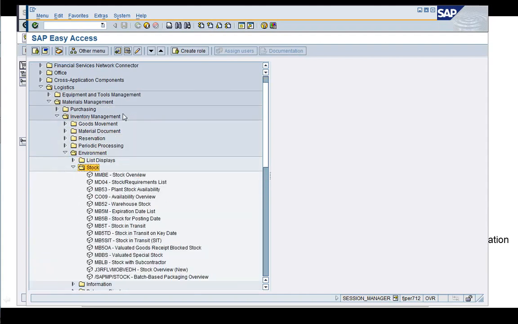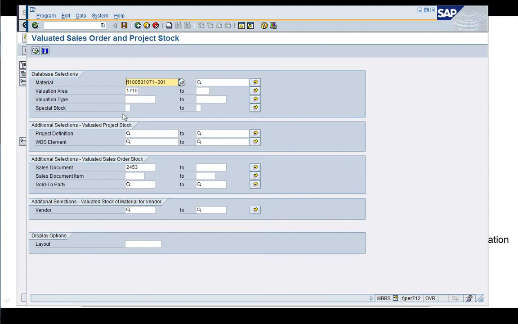And since this is sales order stock, Valuated MDBS has the reporting. You see special stock E. In this case,